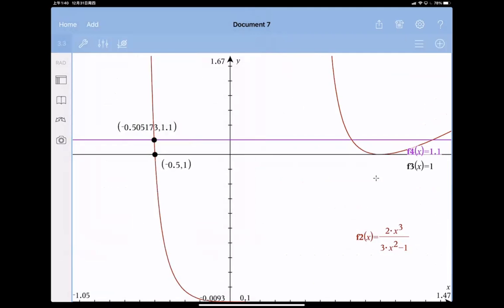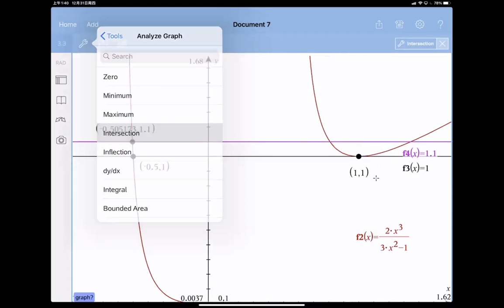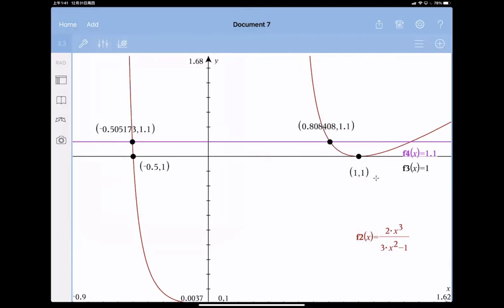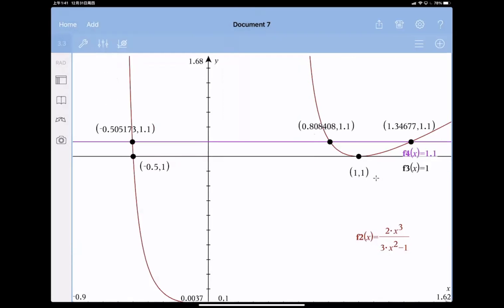Another intersection, 1 comma 1, and also intersection here, another intersection. So don't worry too much about the 1.1 because when you're writing from this value, from